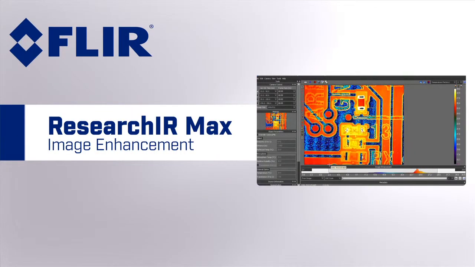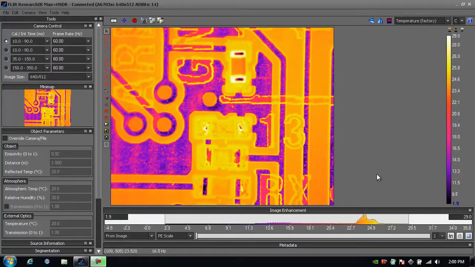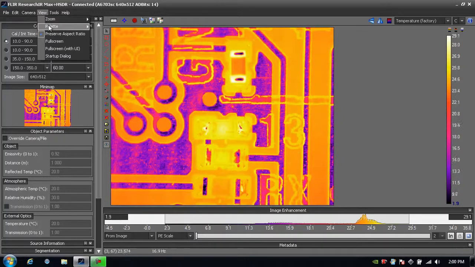The following is a tutorial on FLIR's ResearchIR Max software and image enhancement tools that are available. Once we're connected to the image, you'll notice that anywhere I move my mouse, I get a temperature value per pixel. If I want to change the color palette to something that maybe I prefer better, I go to View,